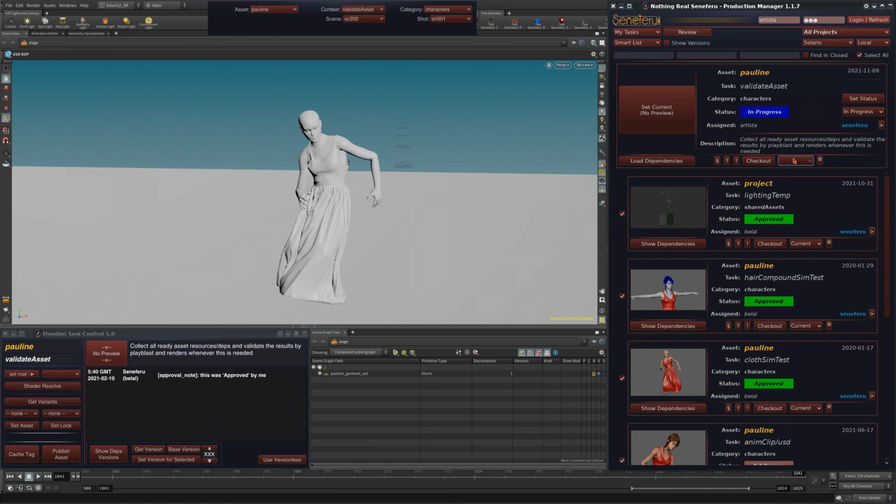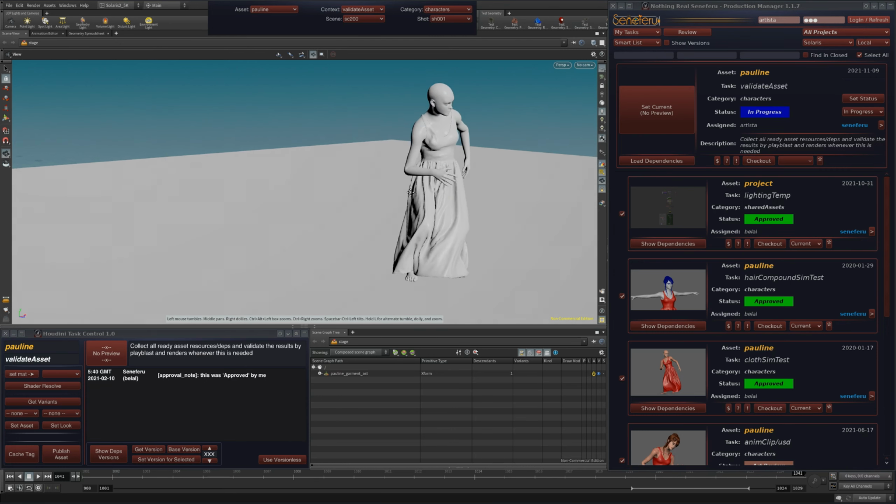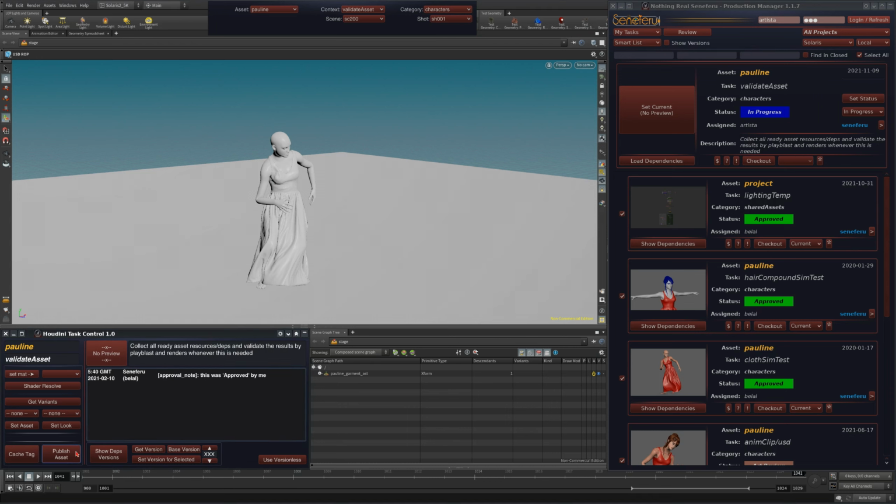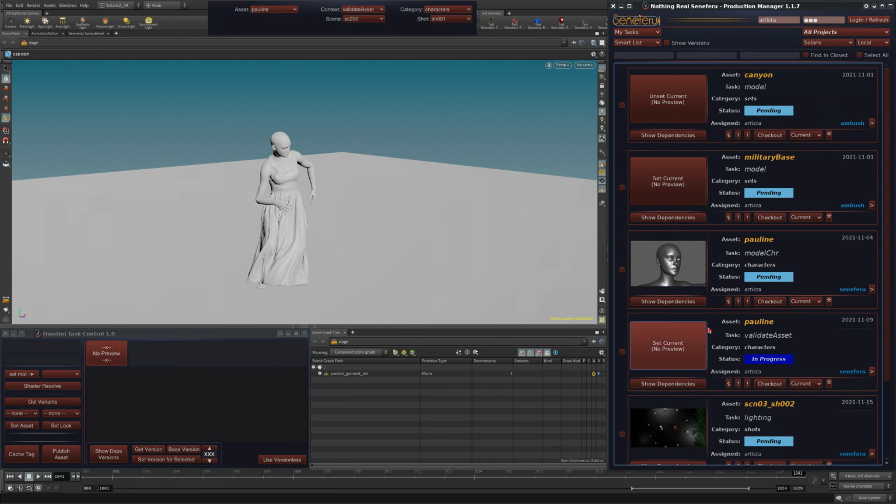So you as an artist, you don't need to bother yourself about all these technical details. You just focus on what you are doing, work on your task, do whatever you have to do in the application as you know how to do it, and leave the rest to Seneferu. Now, if you are ready to go, you can just click on publish, and this will write out the USD and publish the task. But of course, I will not do this because this is not actually a task that should